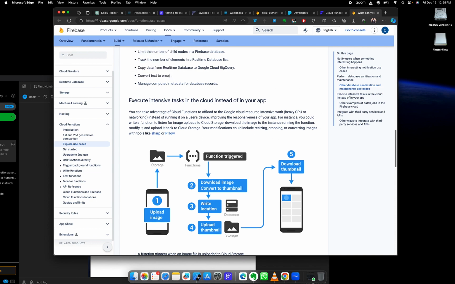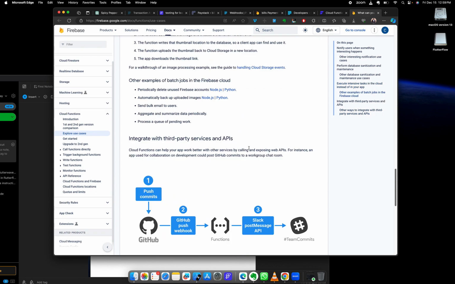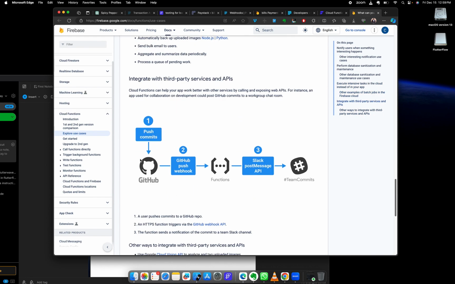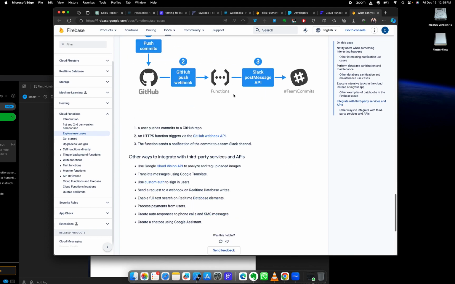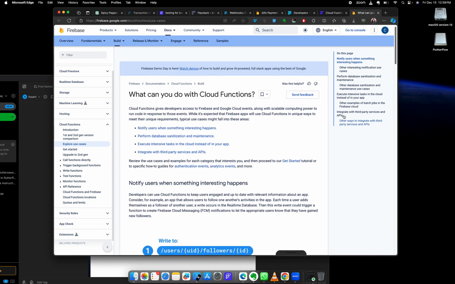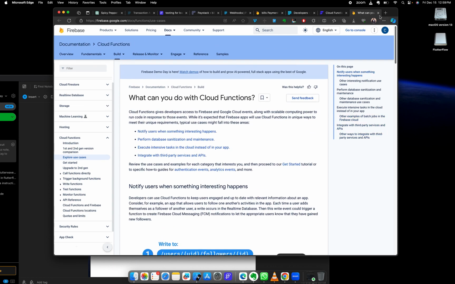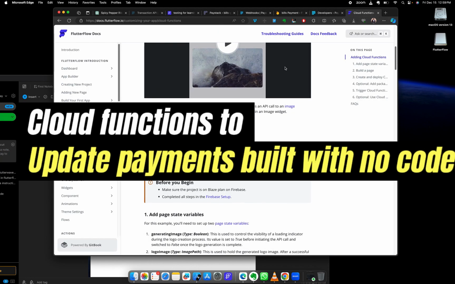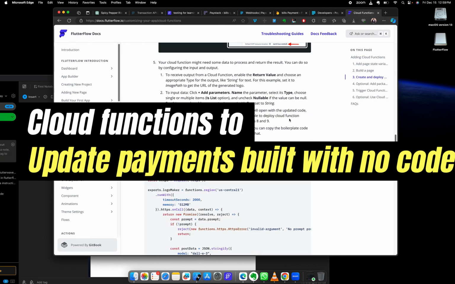So, like you can see, there are so many things you can do with it. Another example that they have here is GitHub, and if you're not a code developer, you might not really flow with GitHub yet. But yeah, you can come and read more information there. You can even ask ChatGPT and say, what are nice examples I can use Cloud Functions for? But right now, we're going to actually practice with Cloud Functions here. So we're going to skip all of this because